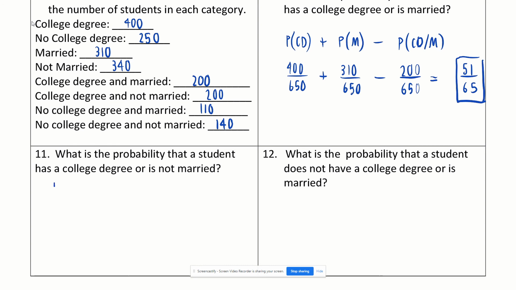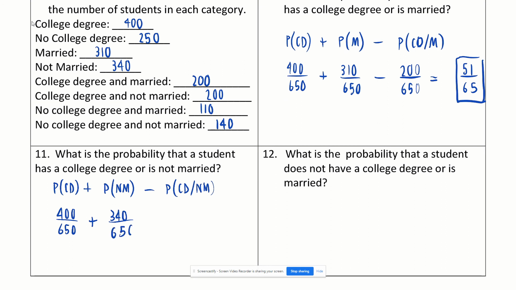So here's what we're doing, guys. We're finding the probability of a college degree plus the probability of not married, and then we're going to subtract the probability of people who have a college degree and are not married. Do you understand that? That's the idea of inclusive. So first, how many have a college degree? 400. Plus, how many were not married? 340